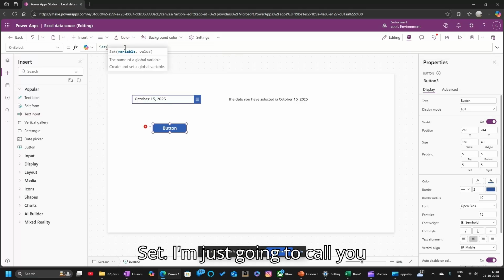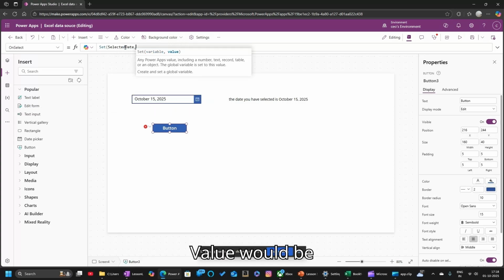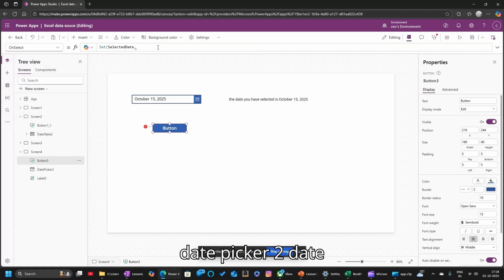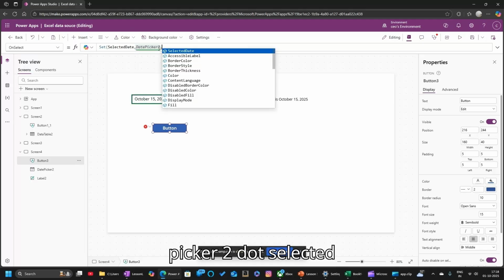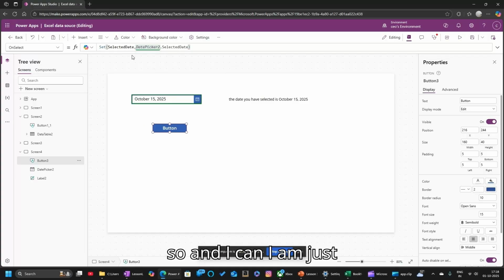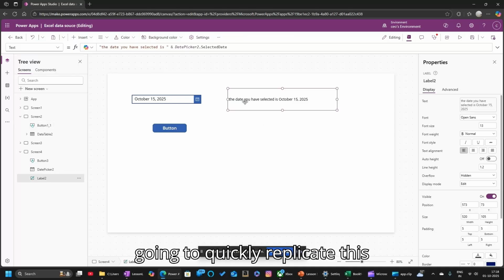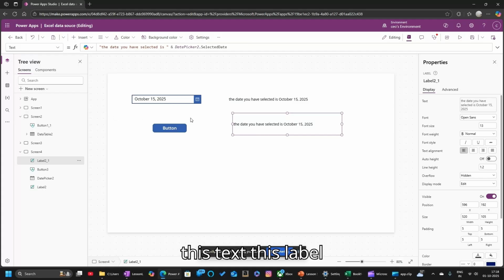Set. I'm just going to call this variable selected date. The value would be date picker 2 dot selected date. Okay, and I close this button. So, I'm just going to quickly replicate this text, this label,